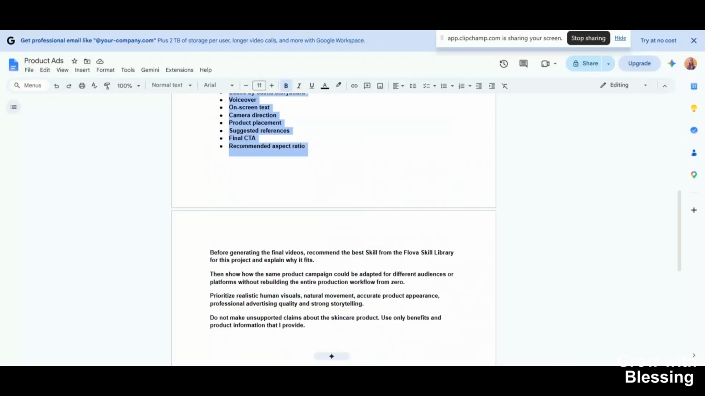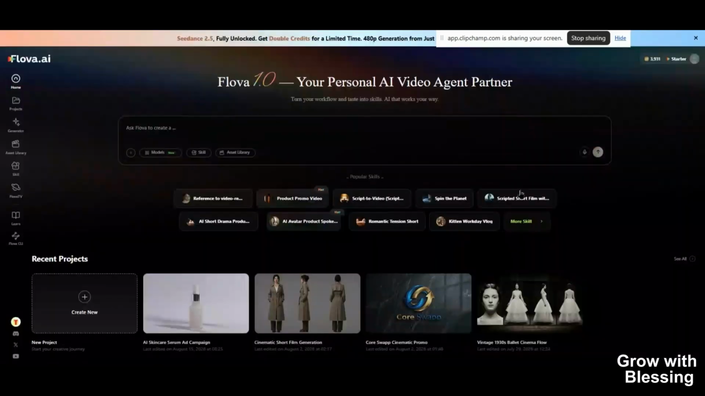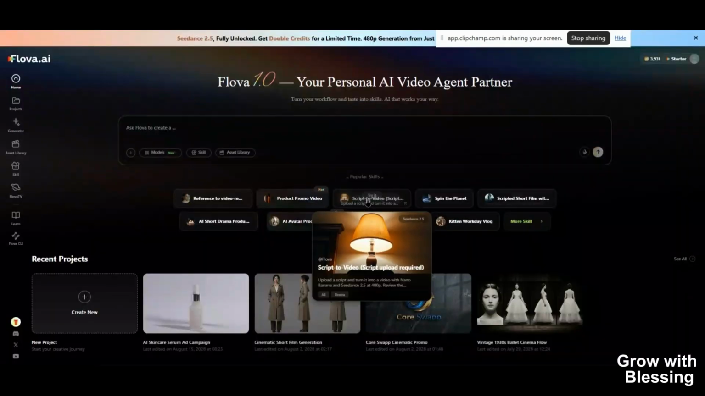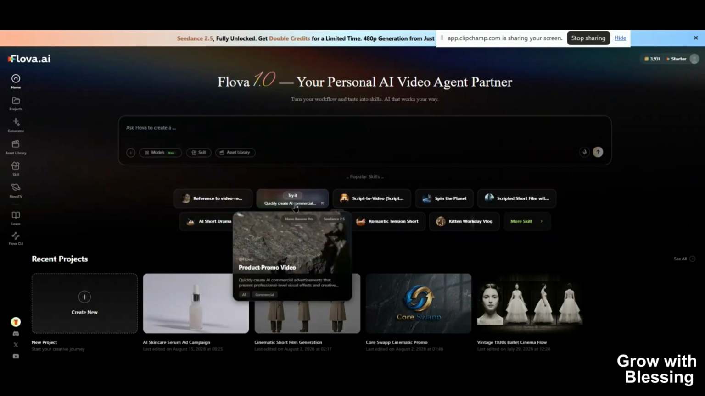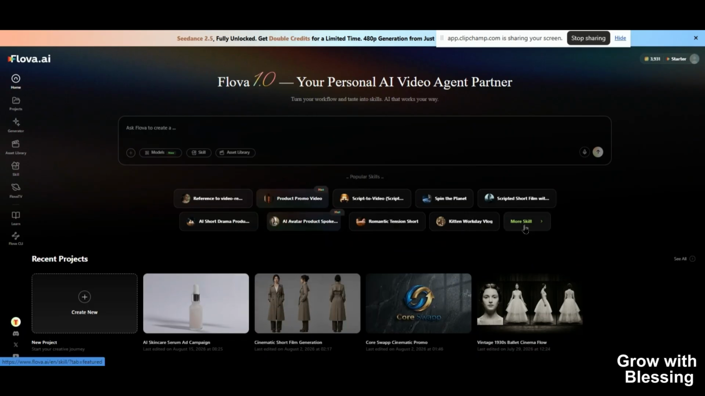Just click copy and then come here and choose any of the skills that you want. First of all, you need to read this skill. This is create an AI commercial ad. You know that I did a 3-in-1 ad. This is just strictly AI commercial ad, and I can come here and check for more skills